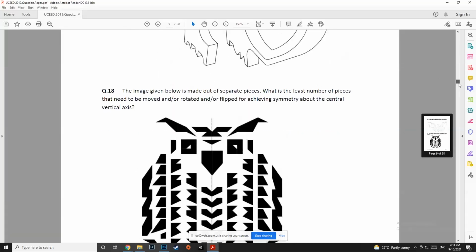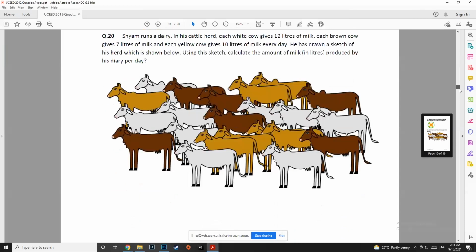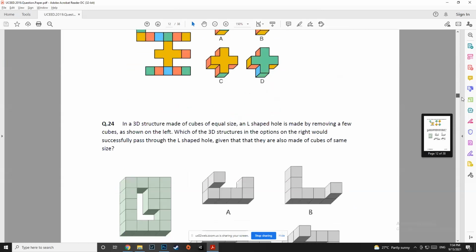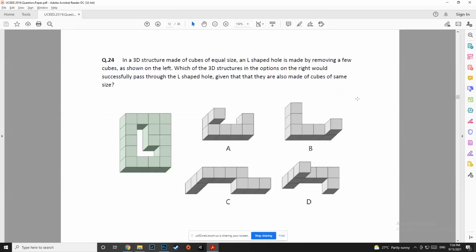Let us move ahead. Let us try to find a different sort of question. This is again shape counting, but with maths included. Yeah, let us try this one. Now this is